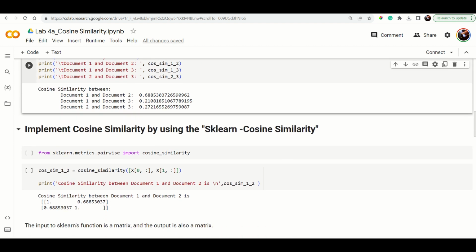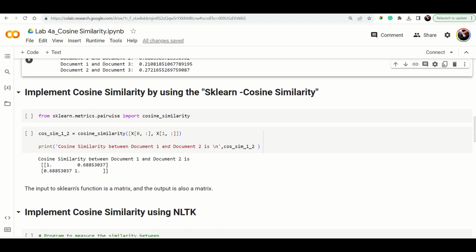So we used the count vectorizer, and the second one is using Sklearn itself, which has a function called cosine similarity. We are directly using this function from Sklearn. In the previous program, we developed the function ourselves and used it, so that is customizable, and you can do it in the way you want. If you want to use it directly